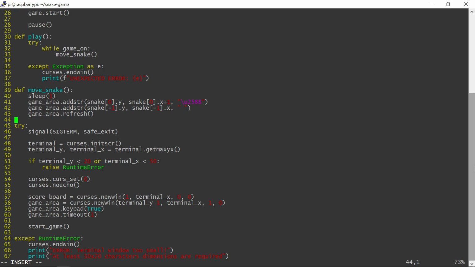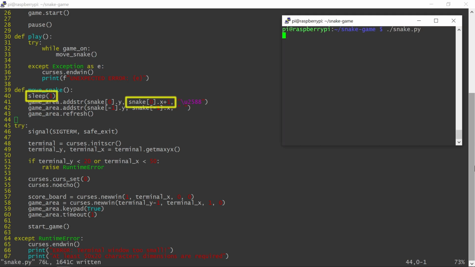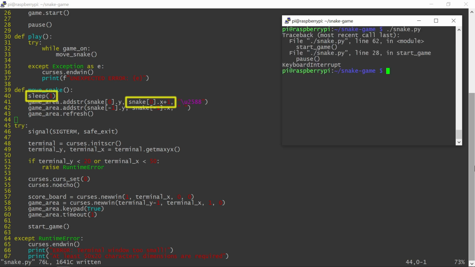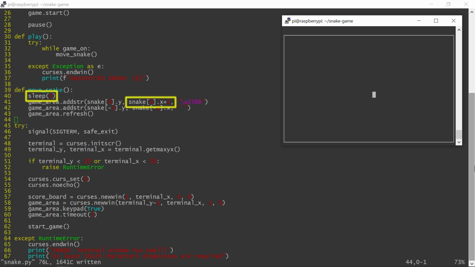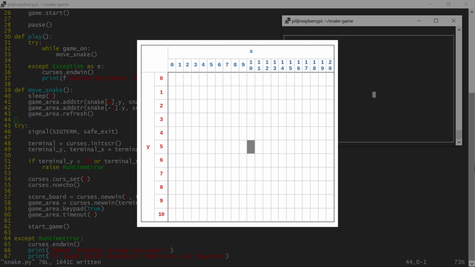Let's have a look at this in action. The snake should move to the right after 1 second delay. Let me show this again in case you missed it. Yes, that's all that the snake does now. You were probably expecting the snake to keep moving, but this code will not do that. This was just a test and a demonstration of the animation concept. The animation is a continuous process of adding a new segment to the snake front and erasing the tail. We have only done it once.